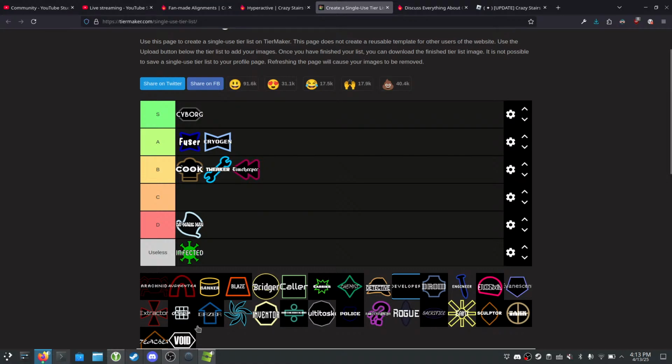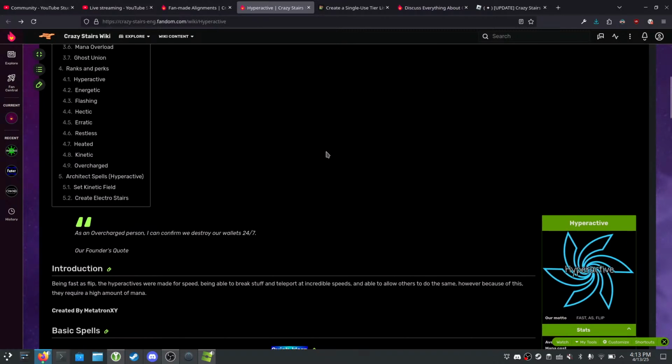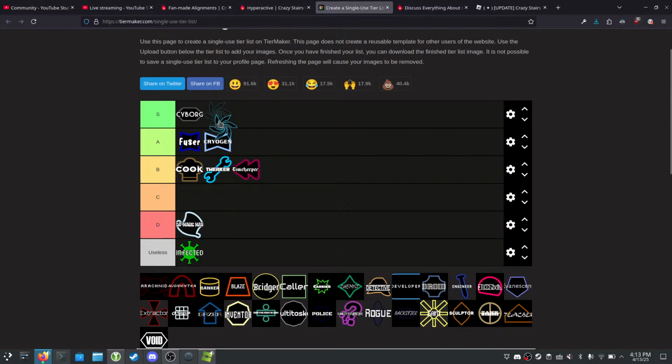Oh yeah, it was with the broken stairs and stuff. Cyborg is just all around good. And then Hyperactive is good at one specific thing that would get you ridiculously fast climbs. We could put it equal to Cyborg. Like we could put it here. I don't know, that's tricky. I'm gonna put it there for now